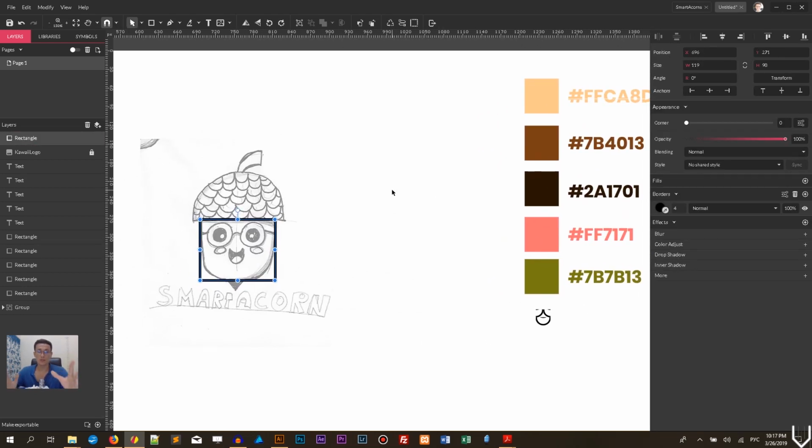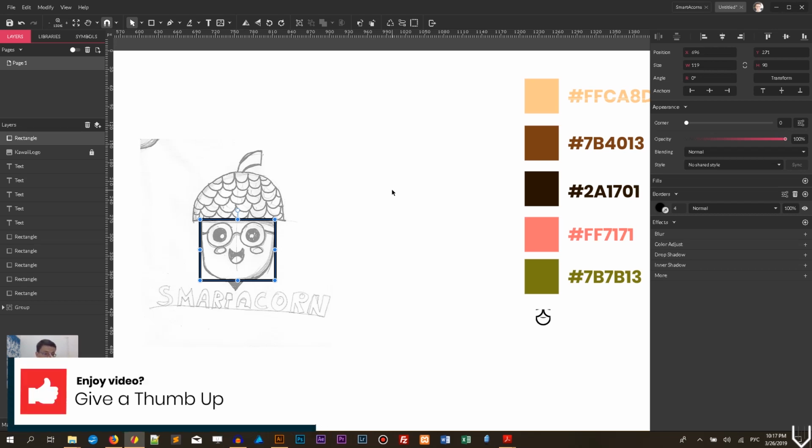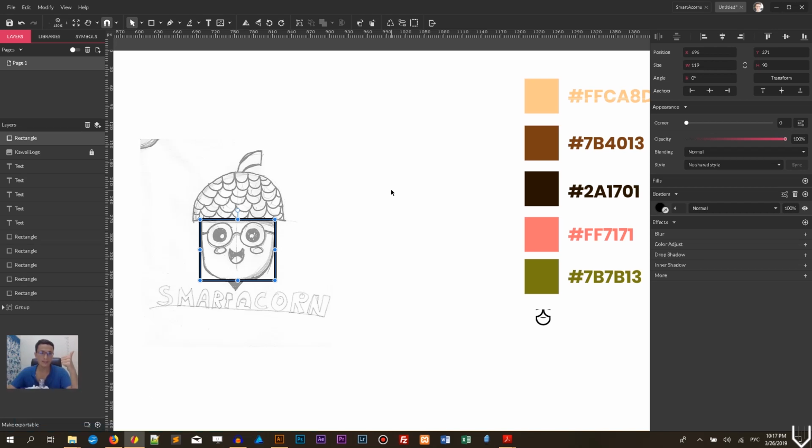Guys, this is an important thing to know. This is a rule of thumb. Shadows and borders in flat line illustration are all the same color. The difference is only that borders are 100% opacity and shadows for this particular illustration are 30% opacity, but actually they can range from 10 to 30% opacity. So shadows and borders are all the same. Grab and pick up this color for shadow,